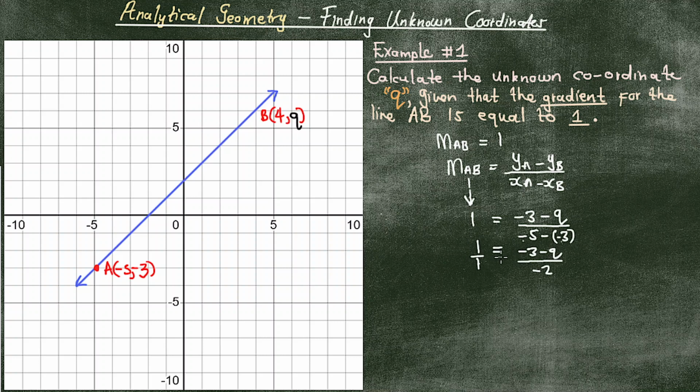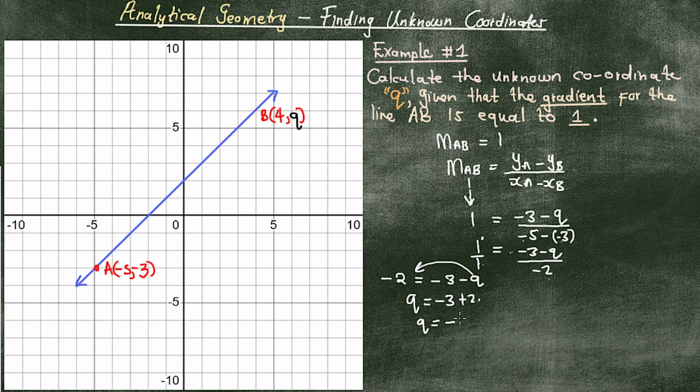Divide by 1, cross multiply. Negative 1 times 1 is minus 2. 1 times minus 3 minus Q is minus 3 minus Q. Then you transpose. It's up to you, but I prefer taking the Q over to the other side and the 2 over here. Then you have minus 3 plus 2. Q is equal to,